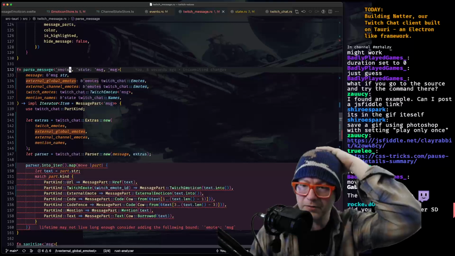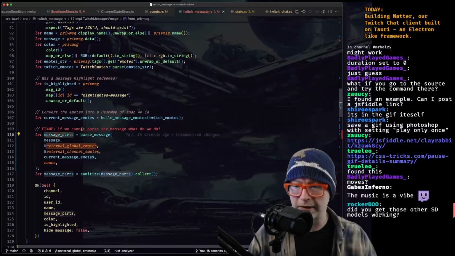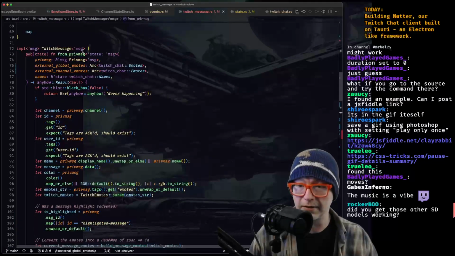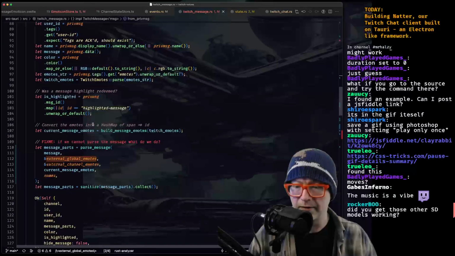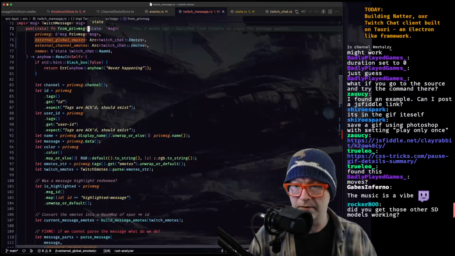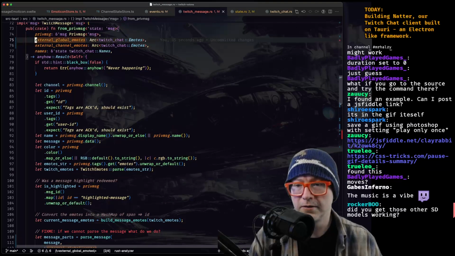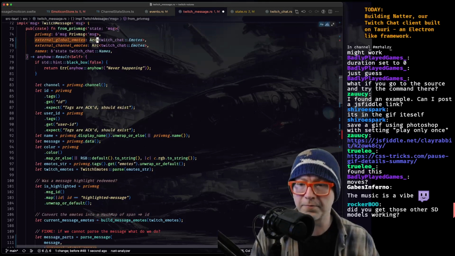How long does message live? It matters because we're putting things into this message parts, which then gets returned. And sadly... Okay, so it is for as long as state, though. Oh, interesting. Okay, let's undo a little bit.